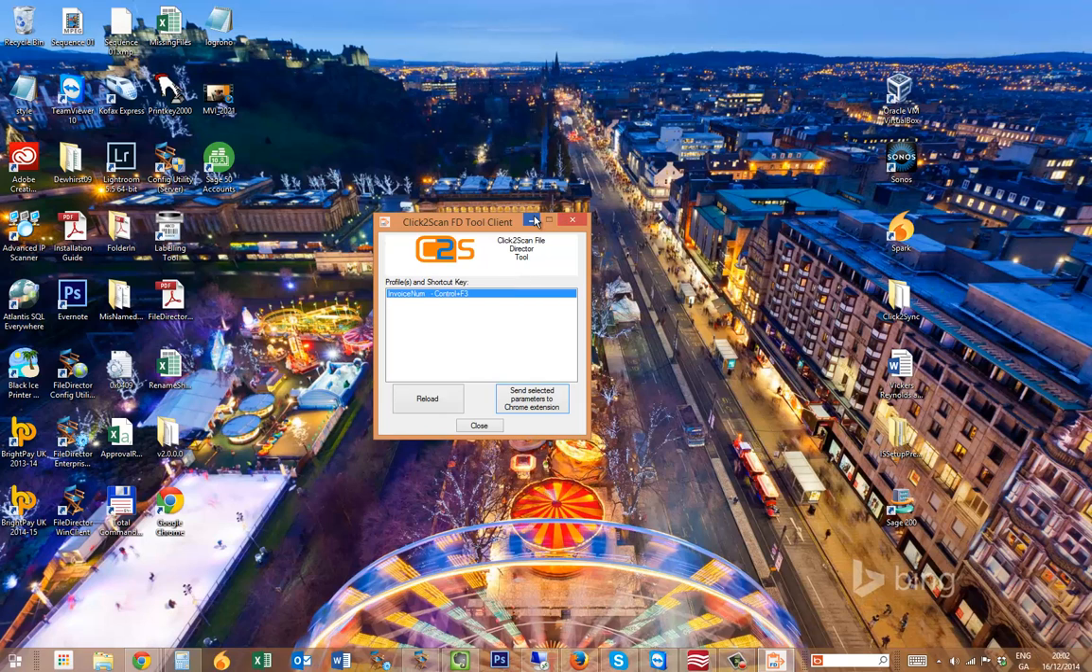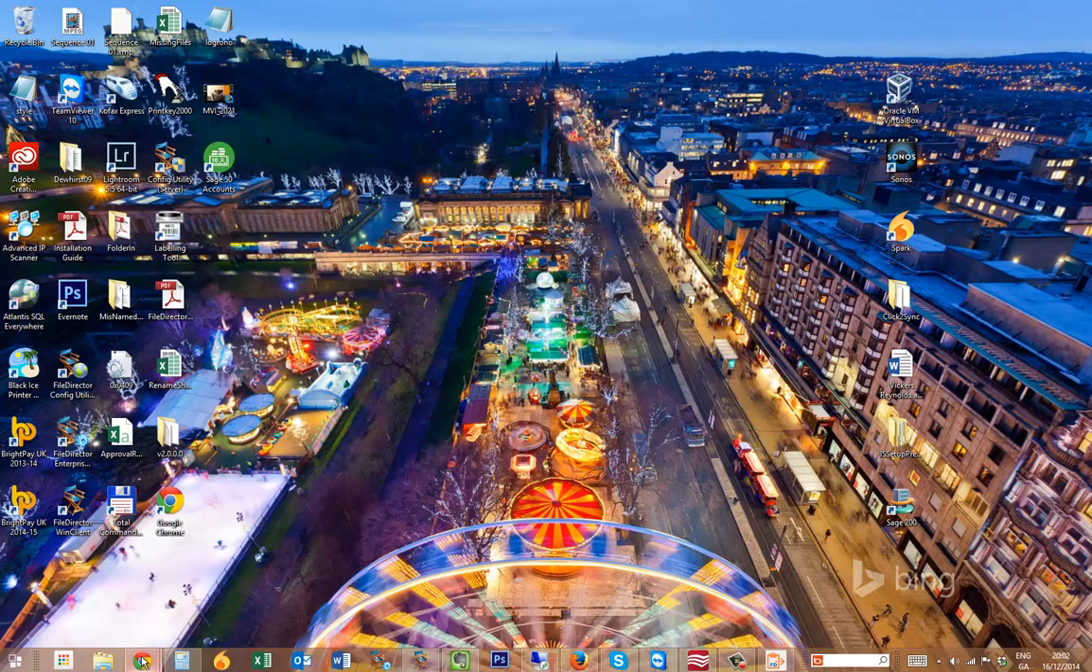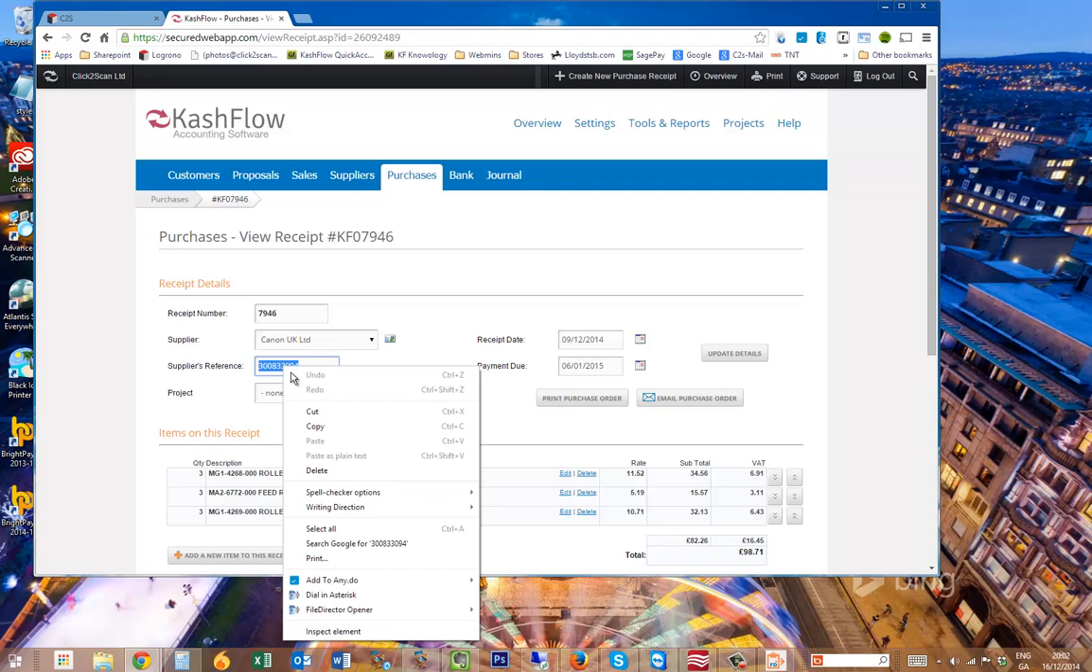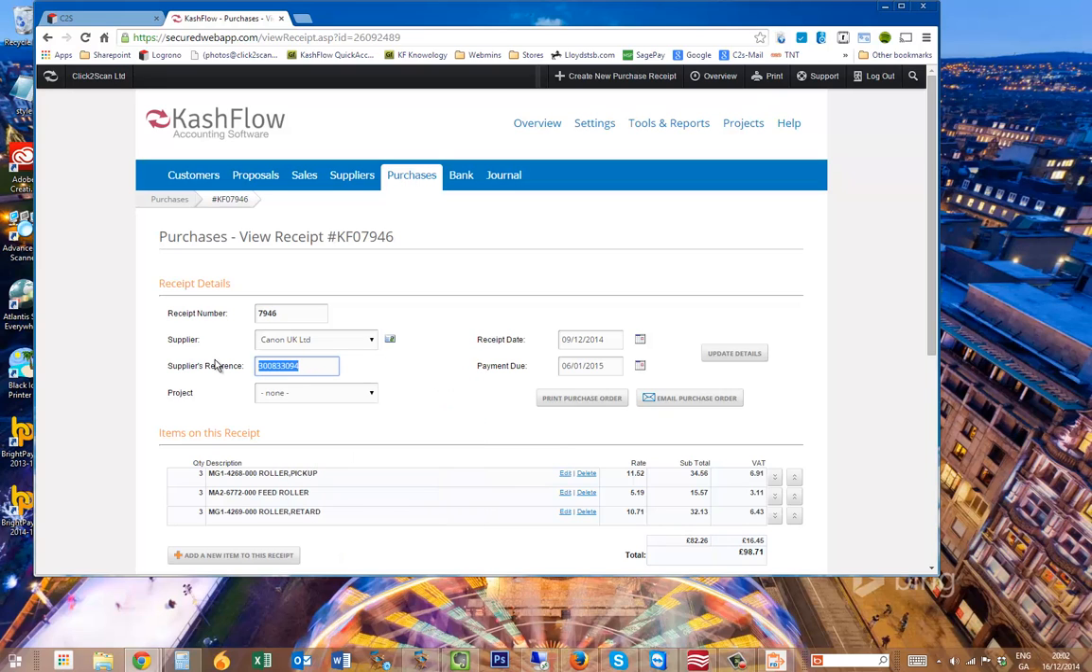So this is running, and let's say I'm in my account system and I want to retrieve this invoice here from Canon UK. I could right click on that, if I'm in Google Chrome, and go FileDirector Opener. Alternatively, I can just go Control F3. Now that sends the command to FileDirector,